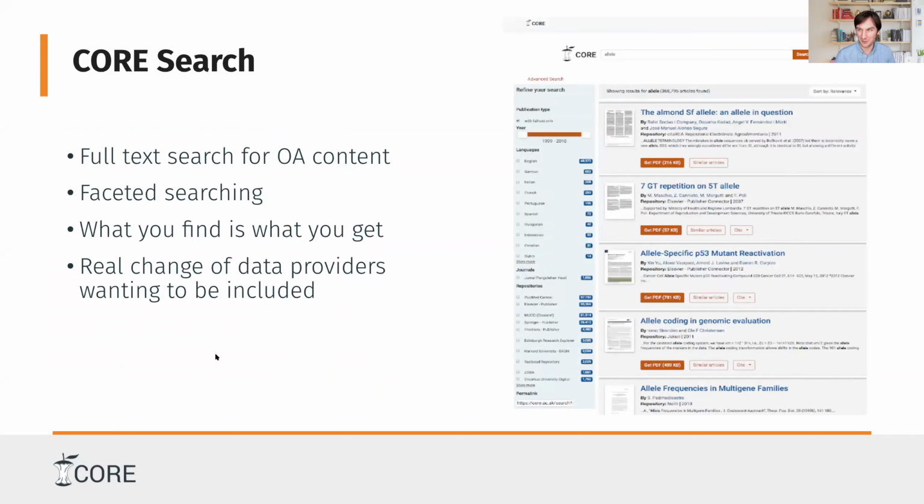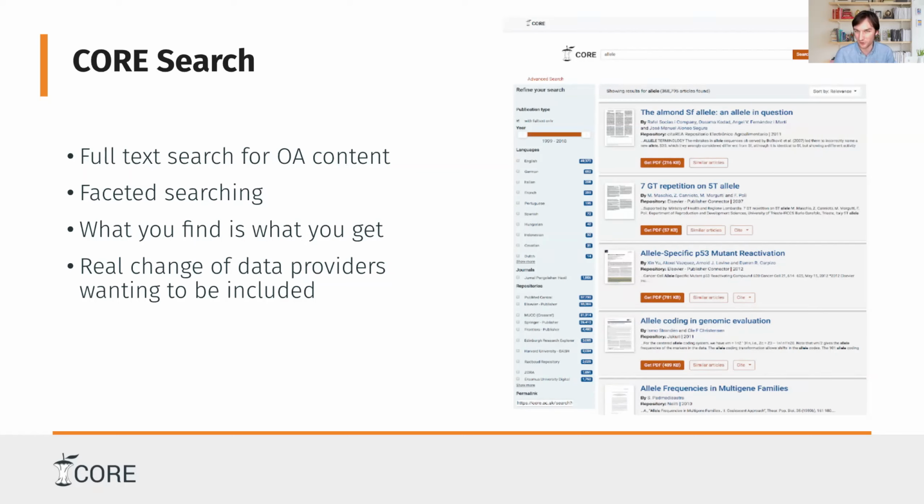Some people might say search is not particularly exciting. It's nothing unexpected these days. But I think it is worthwhile saying that core search is a bit different from some of the other academic searches that you might be aware of. The first key difference is that whatever you search for by default is content that you will be able to access the full text for.